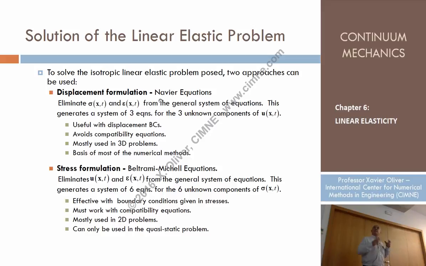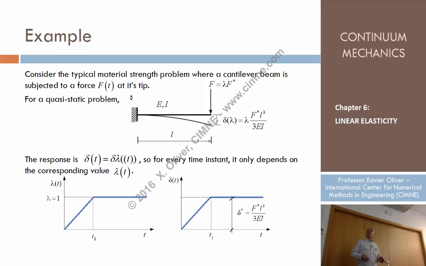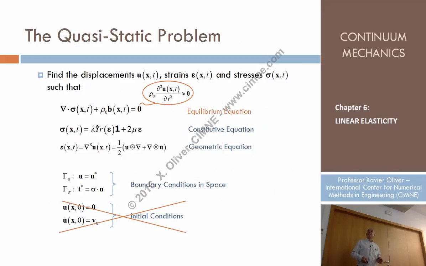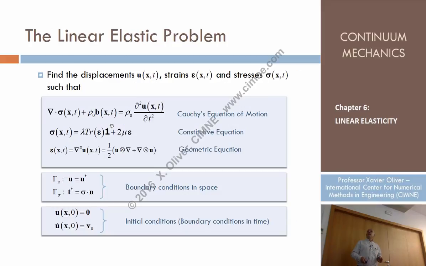So the method says, I want to solve for displacements, and then if I know displacements, I will know strains by differentiation, and then if I know strains, I will obtain stresses by applying the constitutive equation, okay? So I have to end up with a set of partial differential equations which are simplified with respect to the original one,